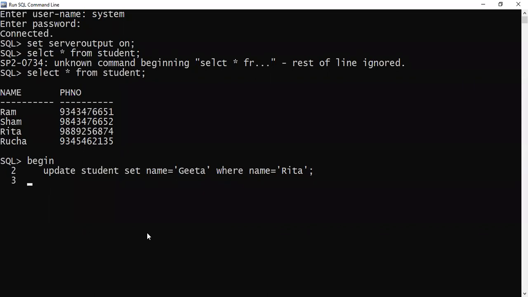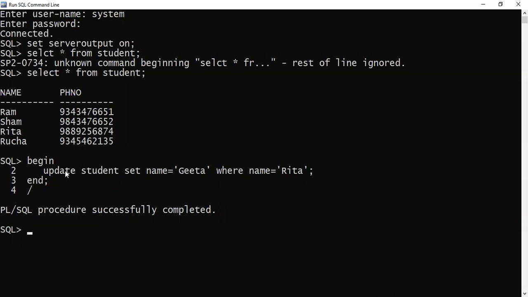Now this is not like our usual execution of an SQL statement. I am writing a program. So the moment I press enter, the program will not get executed because I am still in my PLSQL block. Now I just give end. The moment I press enter, it still will not execute unless I give forward slash. The moment I give forward slash, you can see procedure successfully completed.